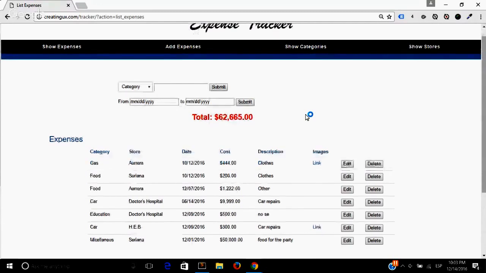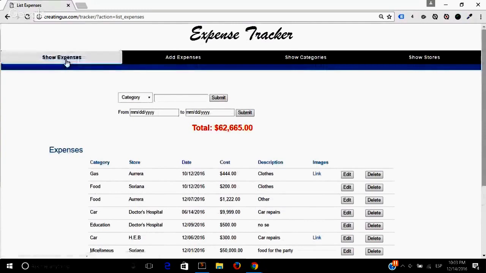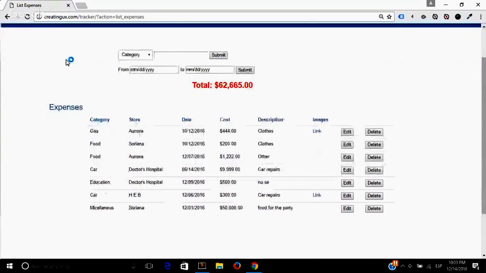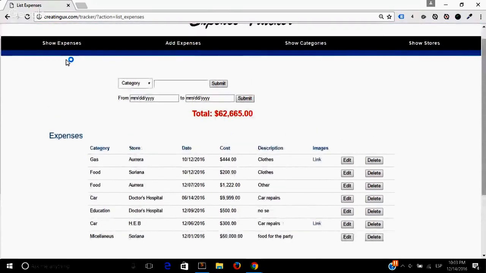Here on the first tab, we see Show All Expenses. If the user clicks there, they will see all the expenses. Right now I have a lot of data that I have entered, and there is a lot of functionality here. So I'll start from the top to the bottom. Right here, we see there's a search box. So if a user wants to look for